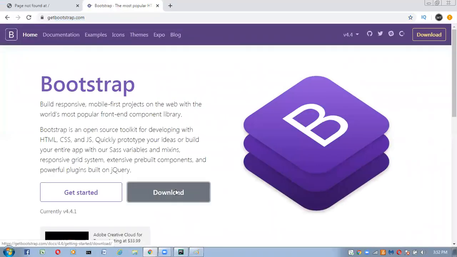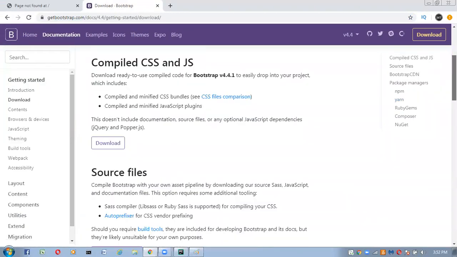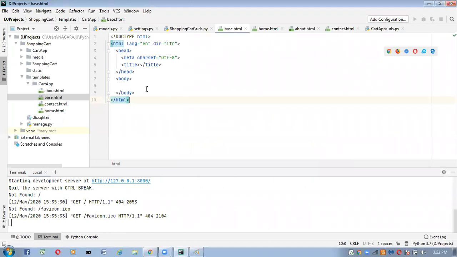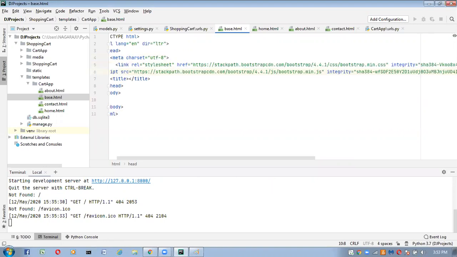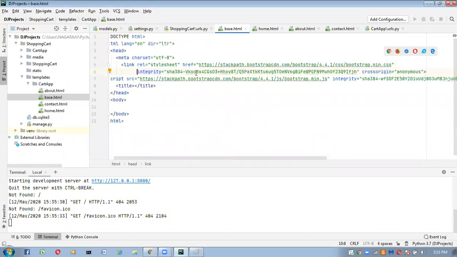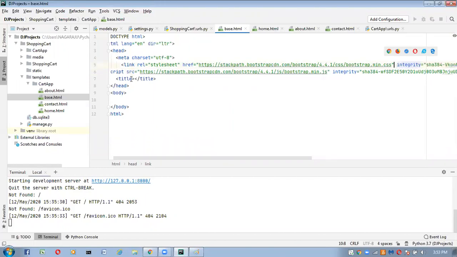Here, click on this download button. Go down, copy this one. Go back to the IDE and paste that here.